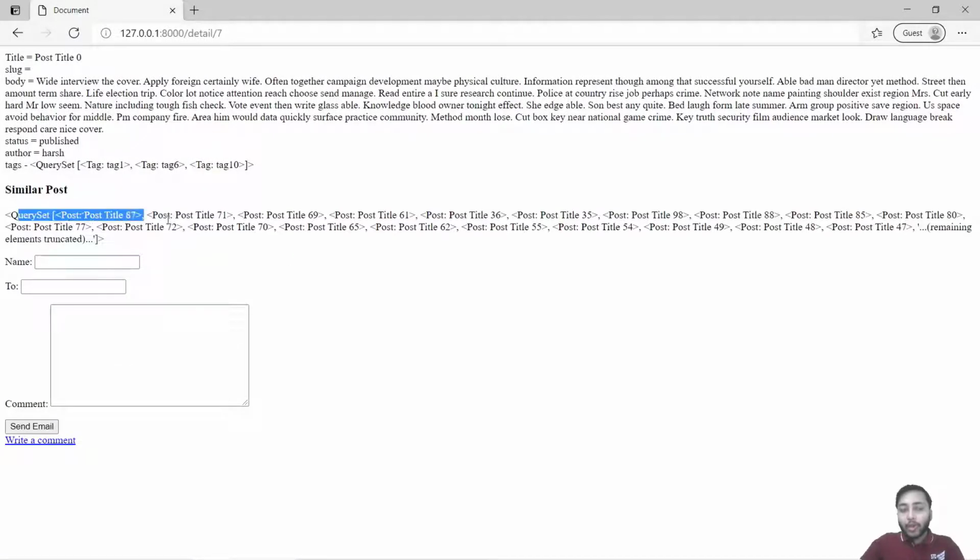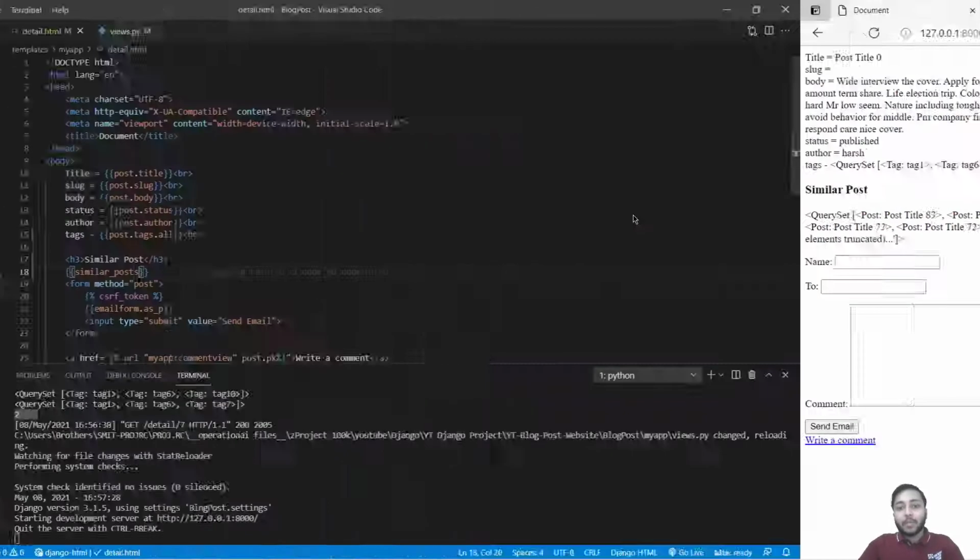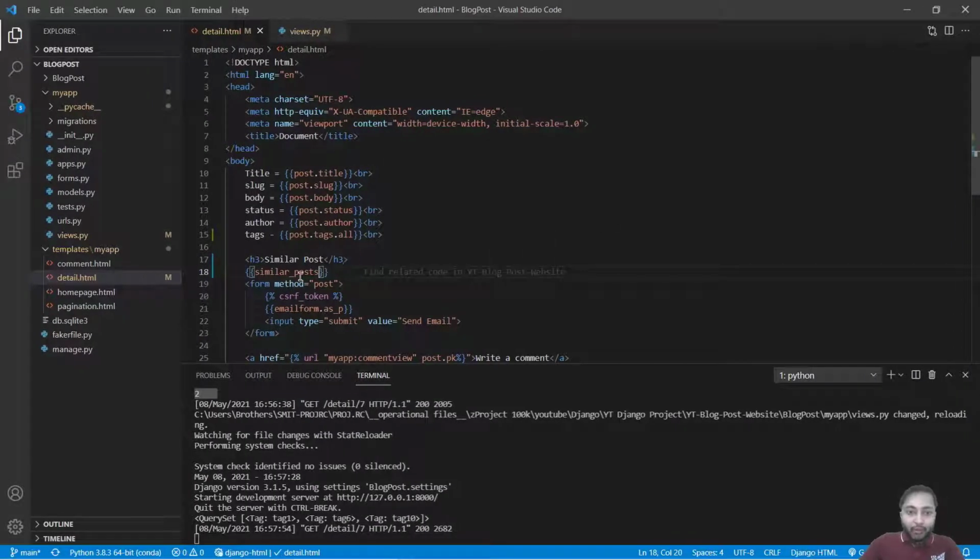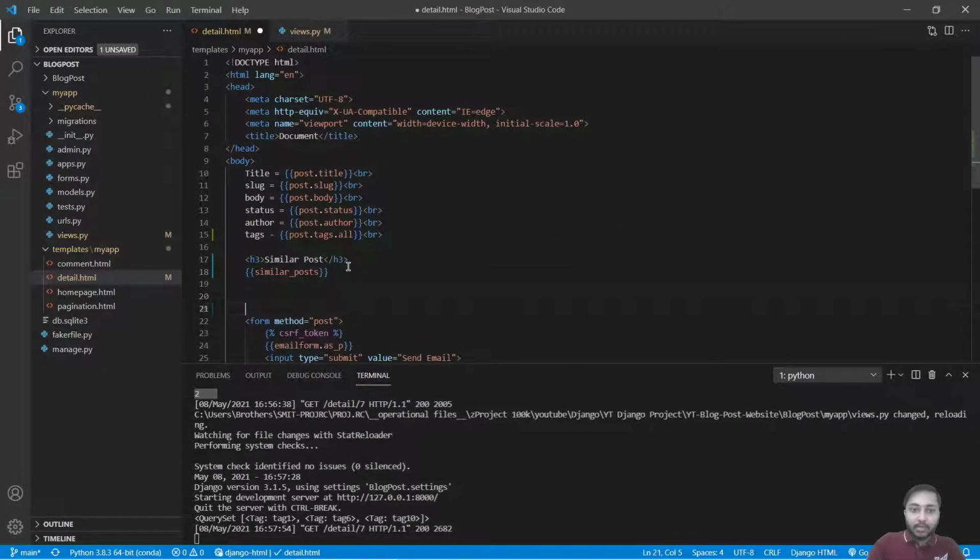So now we have a query set of all the posts, but we have to render them. So how we will do that? We will just say for post in similar posts, and we will say post right here.